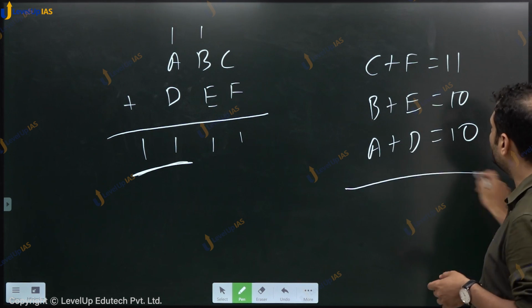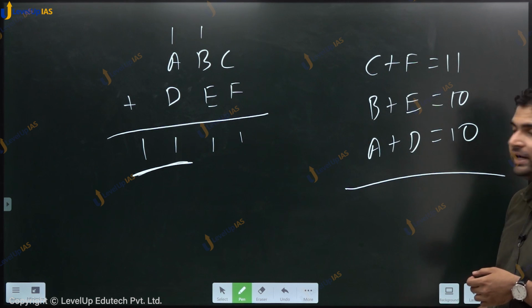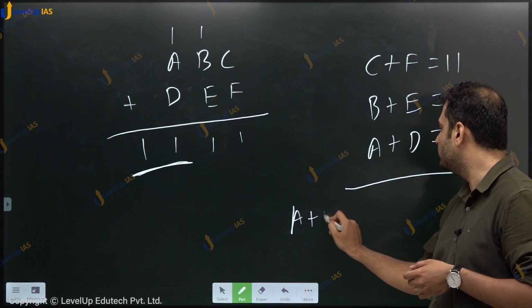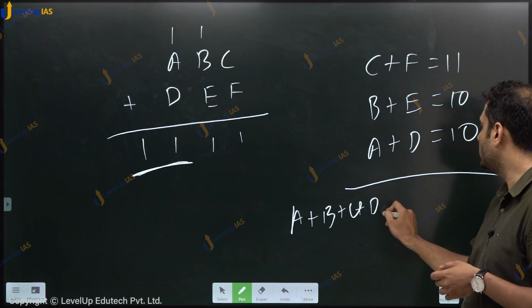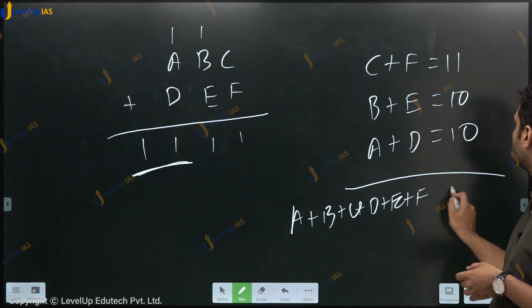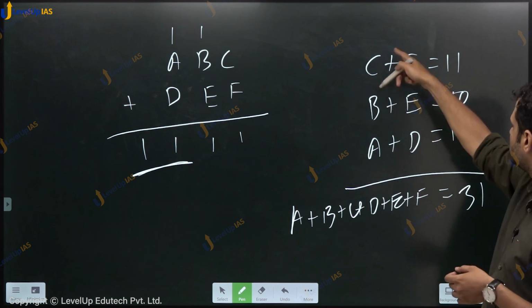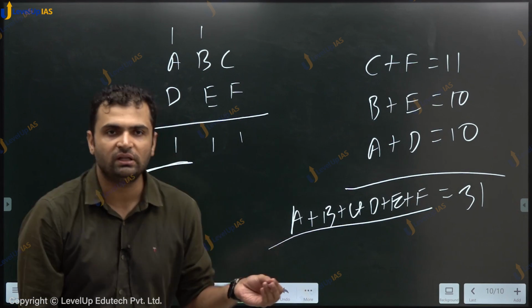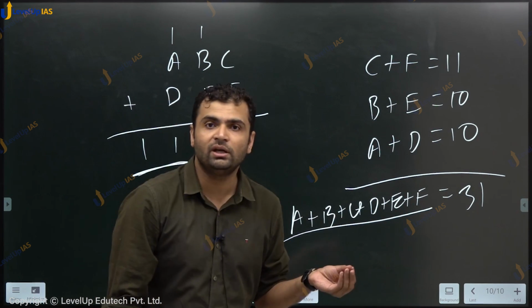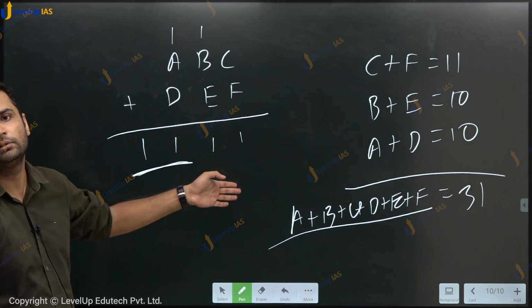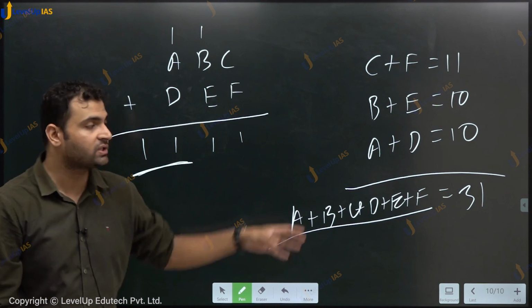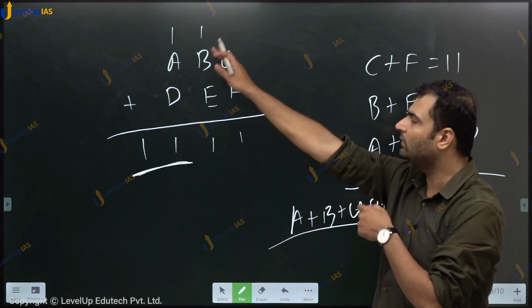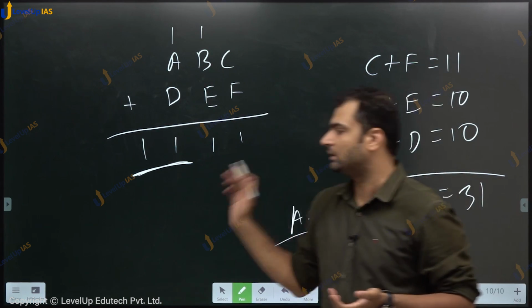Now if you see, if you add all the things on left hand side, you add on the right hand side, what will you get? A plus B plus C plus D plus E plus F is equal to 31. Simply add करोगे तो यही आ जाएगा, यही पूछा है. So this question that was from CSE 2023 was based on addition. It was not a difficult question, it was based on simple addition. If you just write it down in the right format, you could have simply answered this.